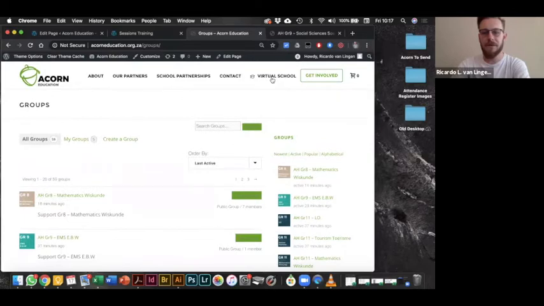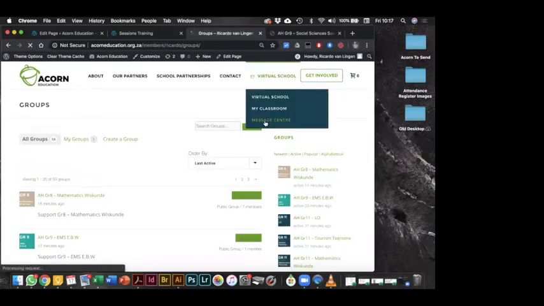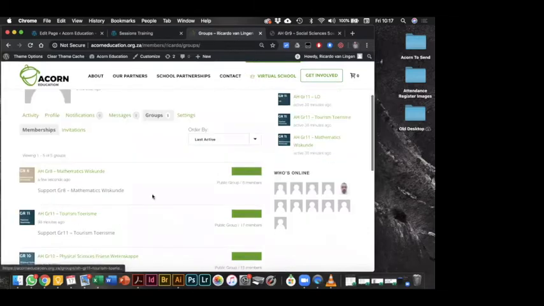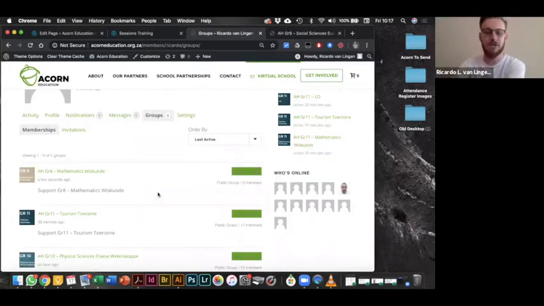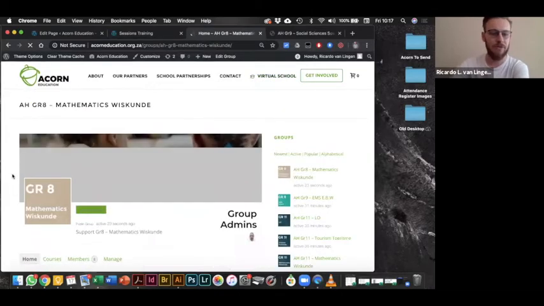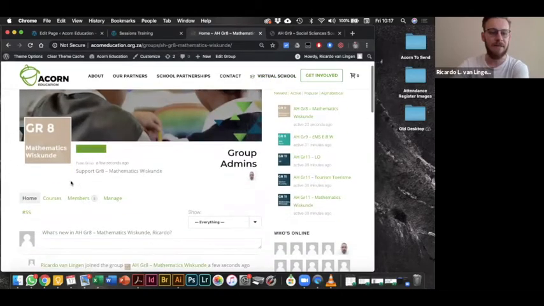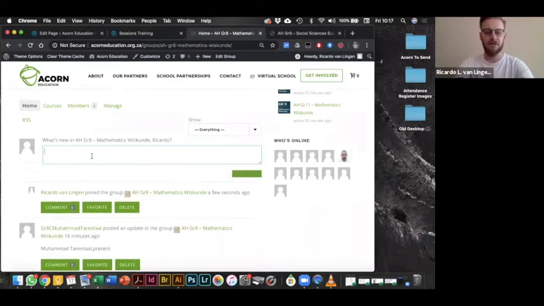If you go back to your message center, you will then see that those groups have appeared in your group section. As a student or the parent navigating through this, what you would do in the mornings or whenever you start your class, say for instance, we're starting grade 8 mathematics, I would just say to mark my attendance so that you as the educator can mark the learners' attendance however you would mark your attendance in the classroom. We have instructed the students in a picture story to say my name and I am